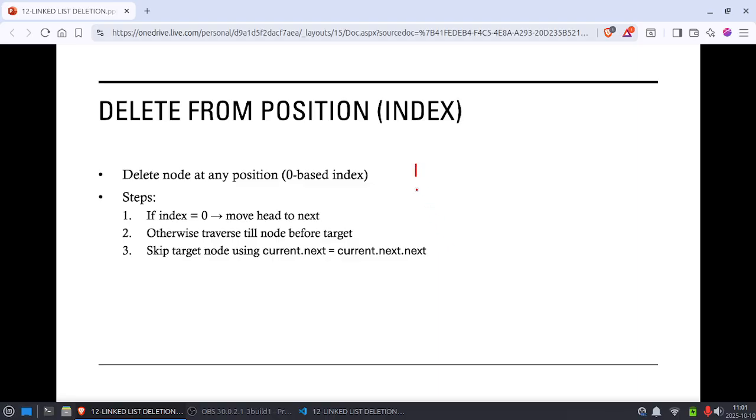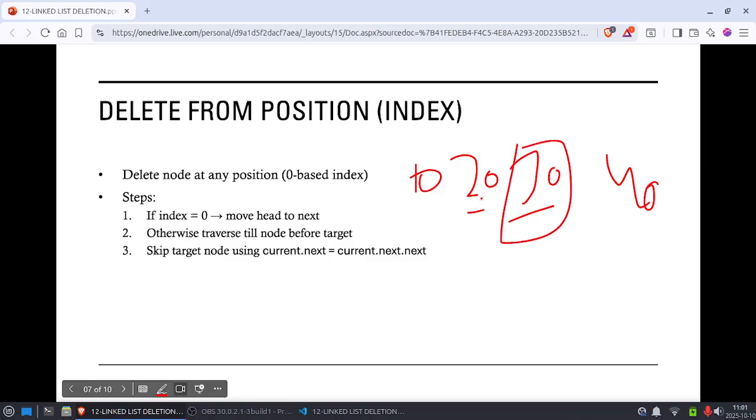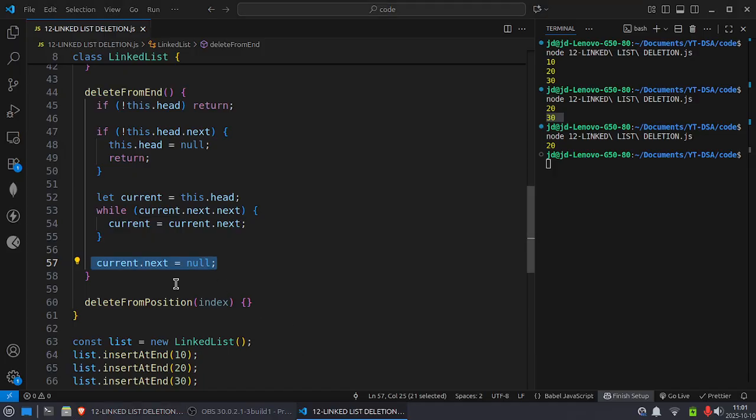If I have 10, 20, 30 and 40, and I want to delete 30, I have to traverse till 20 and then skip the target node by changing the link. We just skip this and connect the current node's next to the node after it. So let's move to VS Code and write the code.